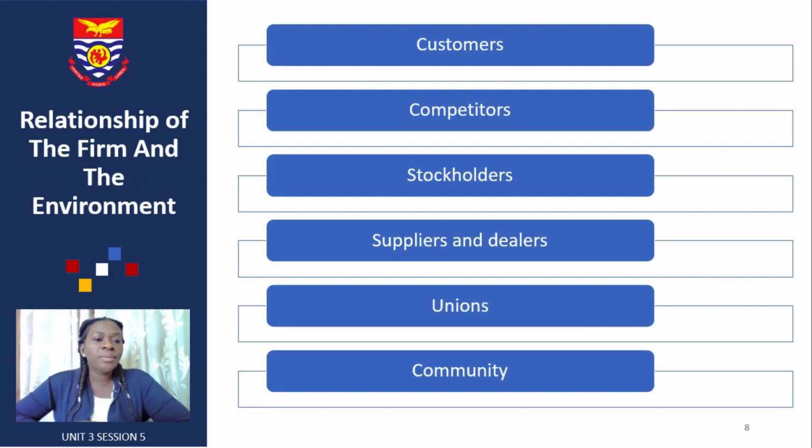When it comes to the firm and the environment, the firm has to look out for the customers. We made mention in our earlier presentation that when it comes to privacy and packaging, it comes to quality, it comes to safety and all these things. These are things that the firm owes to the environment. When it comes to our competitors, even how we work with them, we owe that to them. We should be ethical in there.